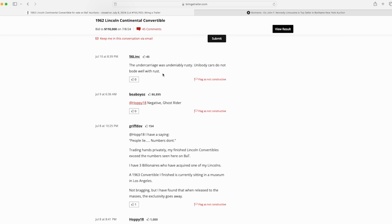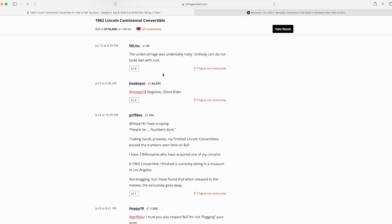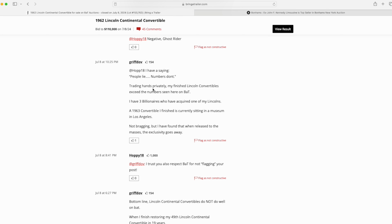To me, underneath the car did look pretty good, definitely compared to other cars I've seen. And again, I just thought, with this car being as nice as it really appears, someone could take some little extra time and even make the undercarriage just as nice, if people don't want to do that. The key thing here is a couple of folks kind of felt like